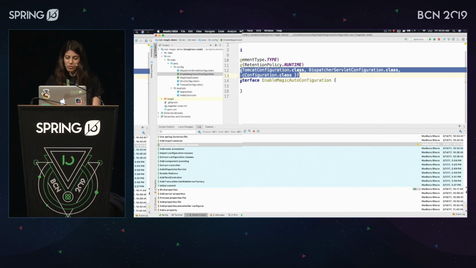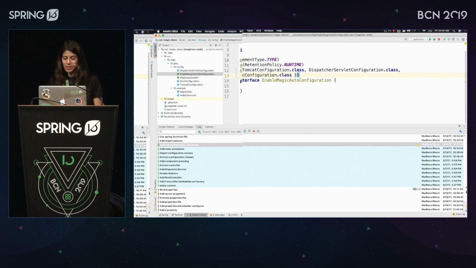So like I mentioned before, it's still hard-coded here. There's no way to add any sort of logic in this import statement. So I can't do anything like if Tomcat is present on the class path, then import this Tomcat configuration and things like that. So the import annotation is actually pretty handy because it not only lets you import configuration classes,